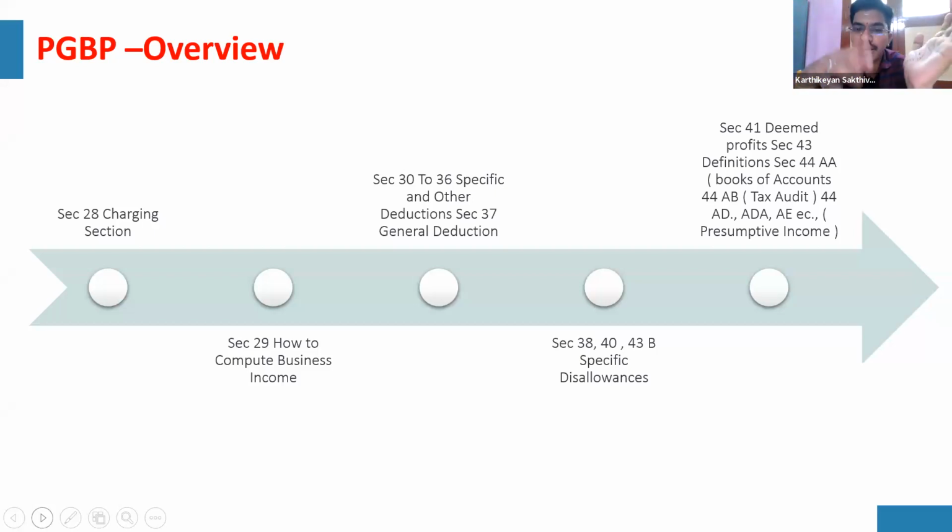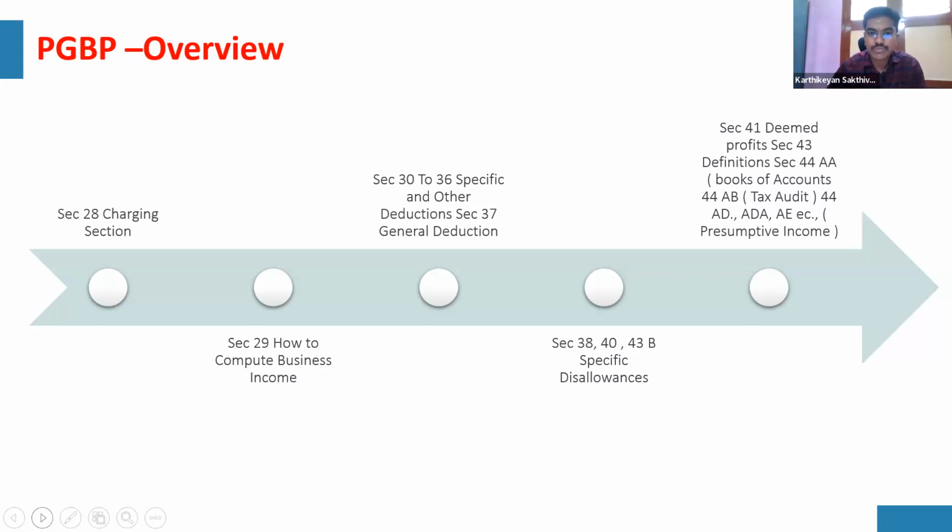It is the second highest litigated chapter. Basically, there are three areas in which the litigation is very high. One is the area of PGBP, next is transfer pricing, and the third one is penalties, search and seizure, and assessment areas. PGBP is now at your intermediate level. The importance of this chapter is not only for the examination but also for your practical and real life, because without PGBP, I don't think you will be in a position, whichever company you join.